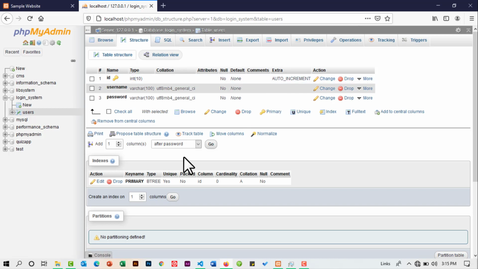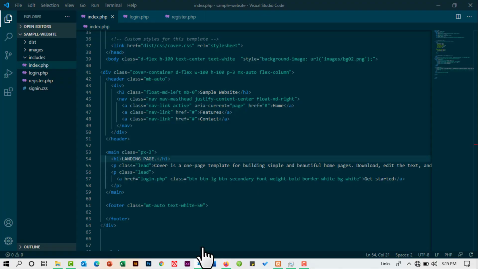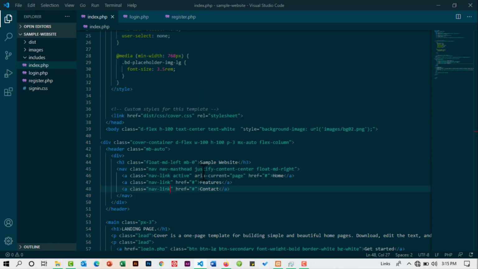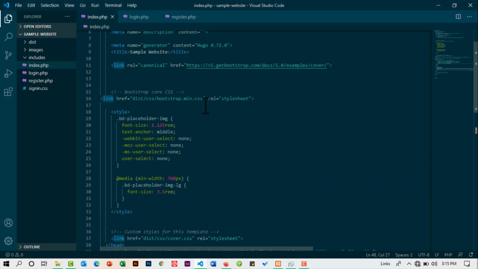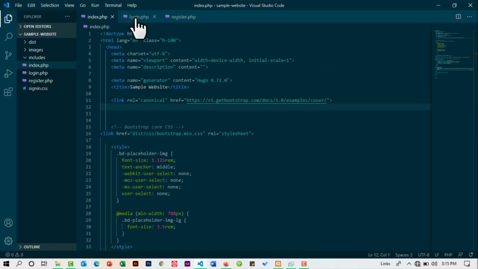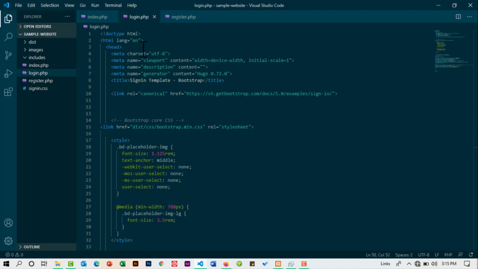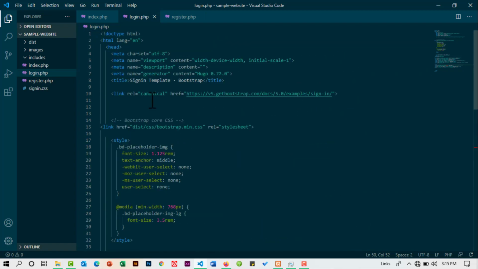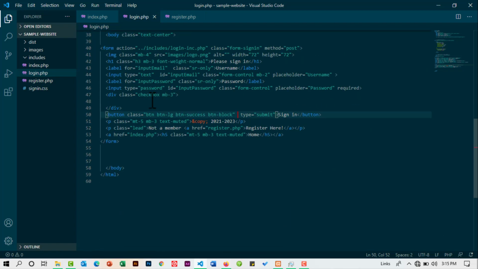our PHP. So let me head on to my text editor, which is Visual Studio Code, and here I am on the index.php page, and I don't think there's anything that I need to do here. So I'll go ahead and click the login.php. This is the code for the login.php. This is just the HTML work, but what we are going to do is start with